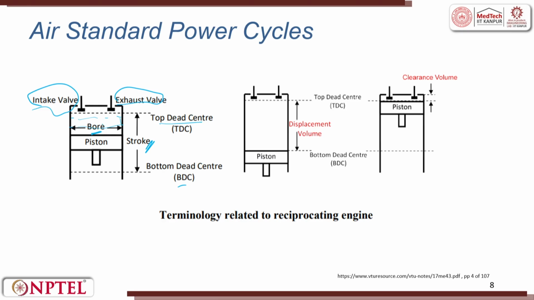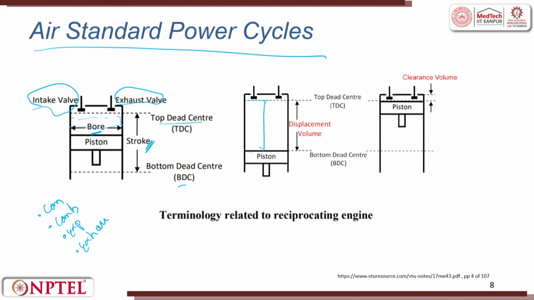Now, when the piston is moving down, it opens the inlet valve and sucks air inside the system through the inlet valve. Once the piston returns back to the TDC, the exhaust valve will open and everything which is burnt out will be thrown out. So, this is the air standard power cycle. Again, here you have compression, then combustion, then expansion, then exhaust, four stages. Here the TDC is at the top, the BDC at the bottom.